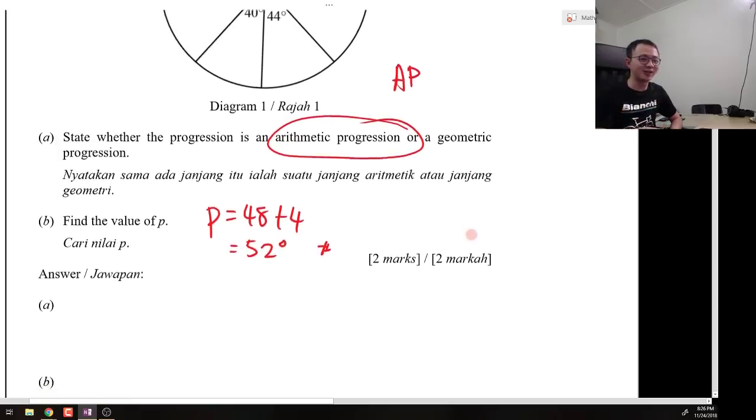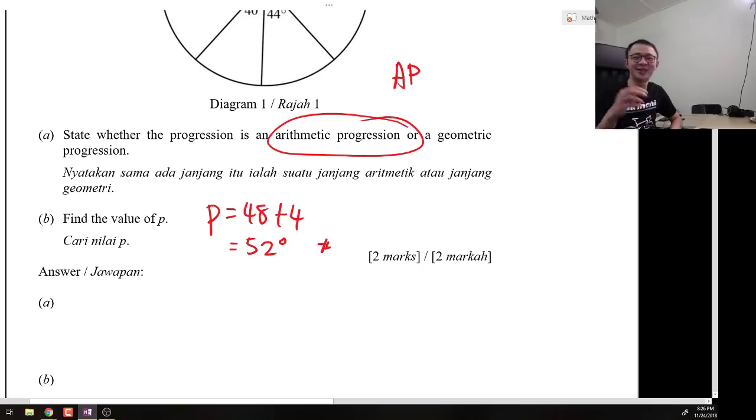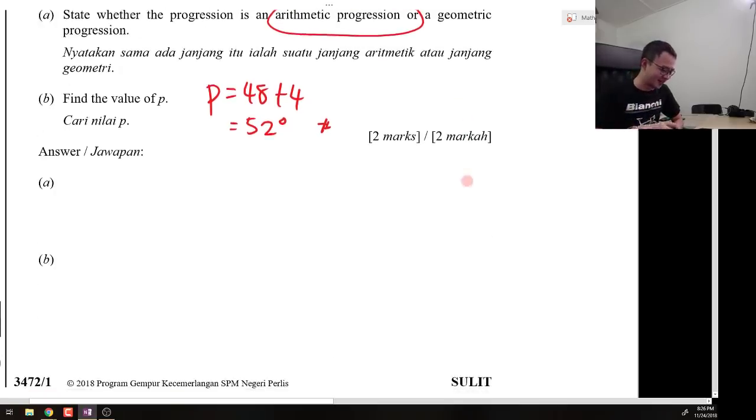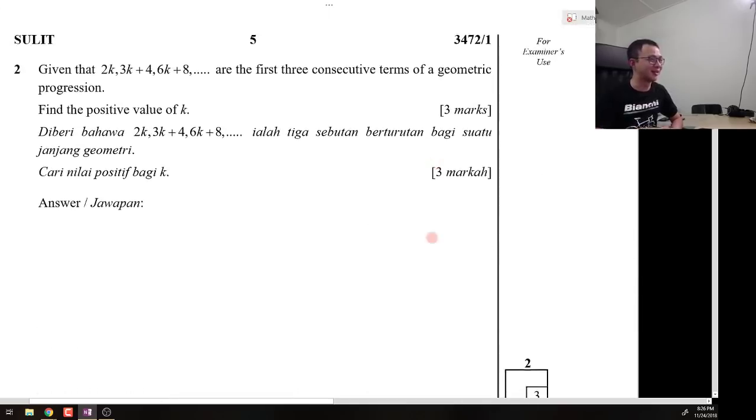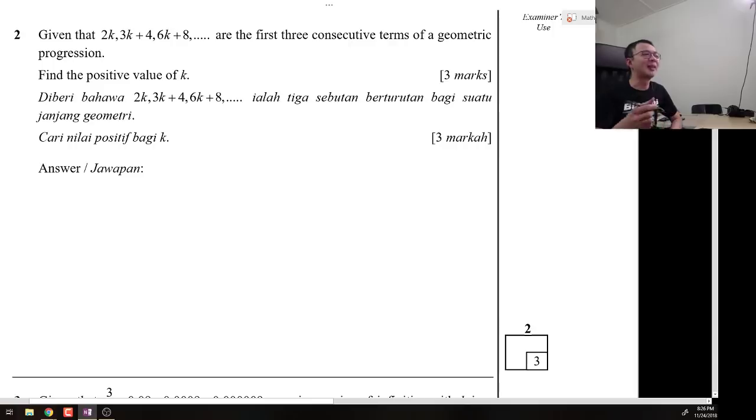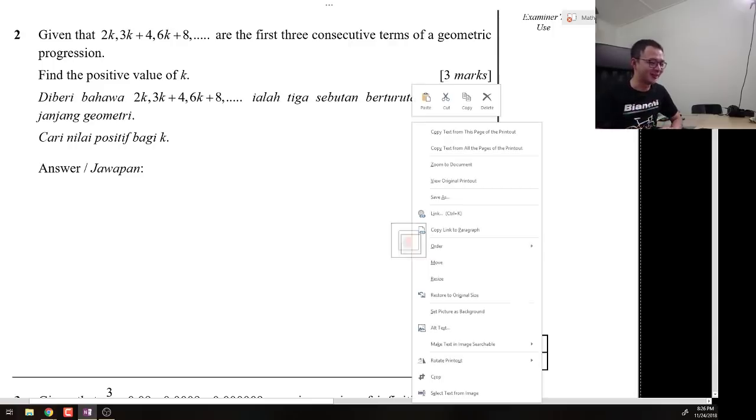I'm not using an iPad. I'm using a Wacom Cintiq. If you love to draw, maybe you know what a Wacom Cintiq is. It's basically a drawing tablet. I write on it, and this is my pen. Alright, so